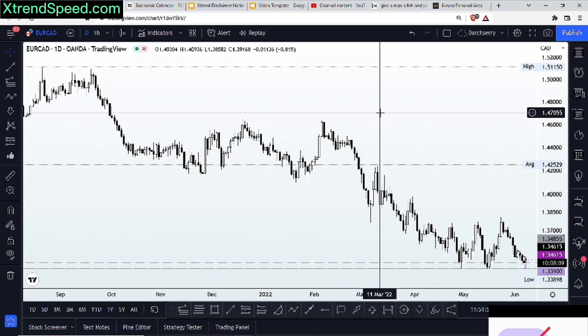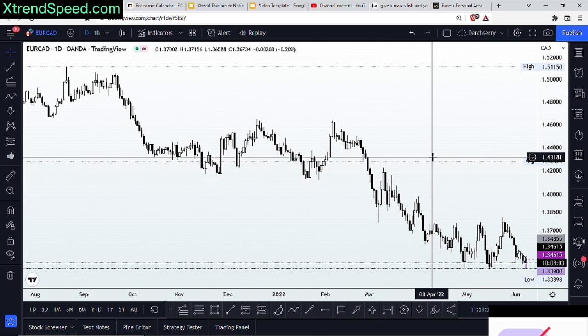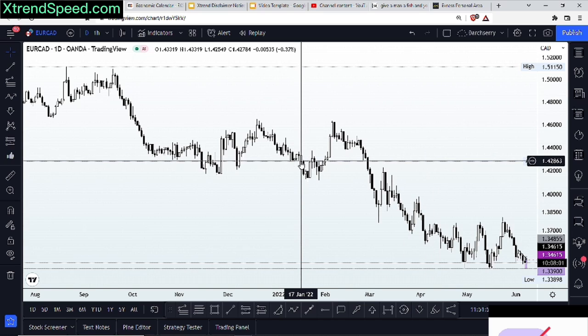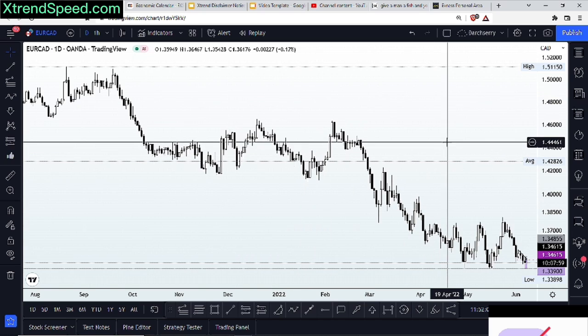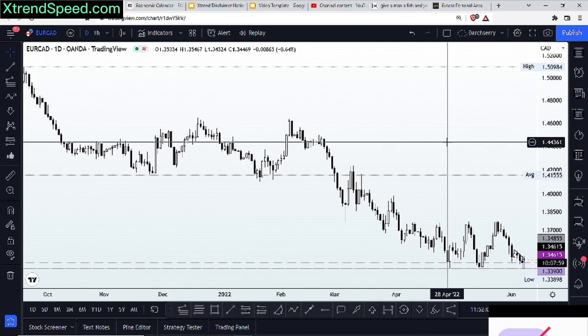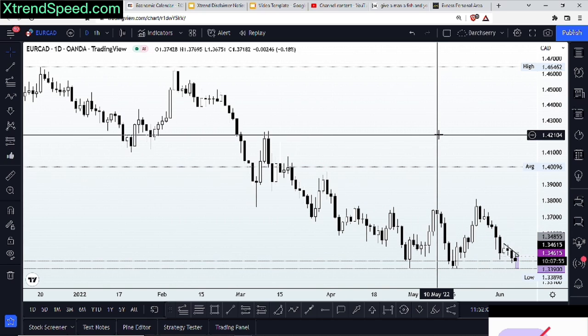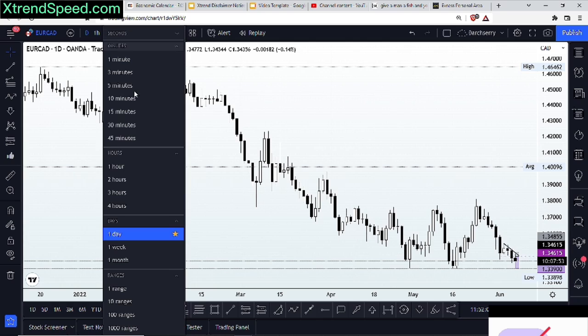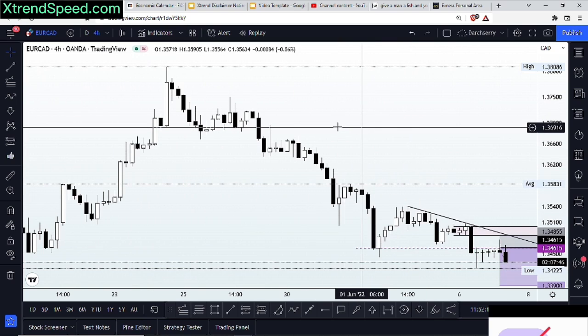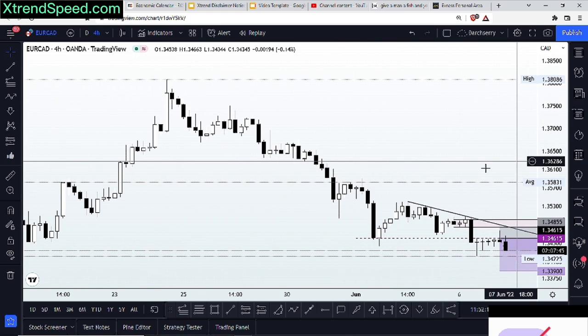On the daily time frame, you will definitely know that price has been on a downtrend since the beginning of the year, which normally in this kind of scenario, you want to be looking for selling opportunities. So when I scale down to the 4 hours time frame, what did I see? I saw a bearish trend line, and then I looked at what has been happening since